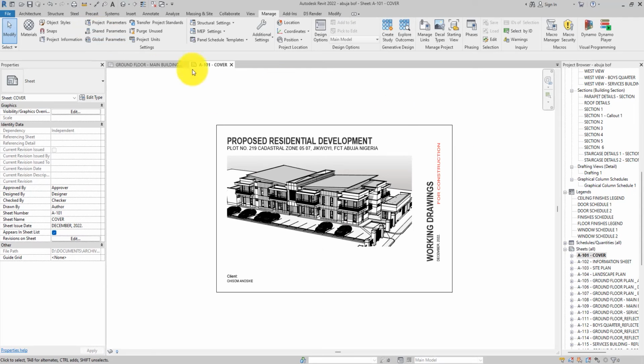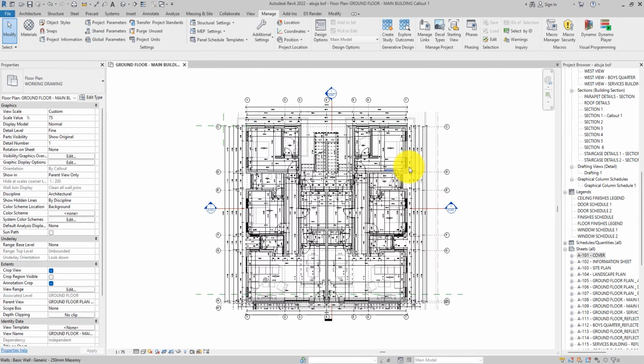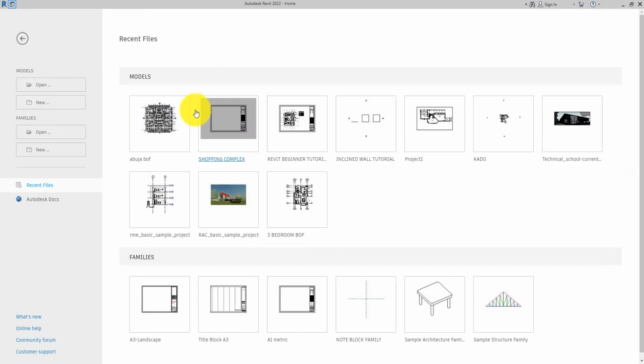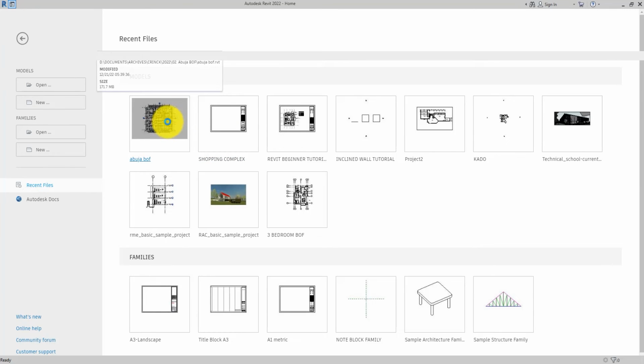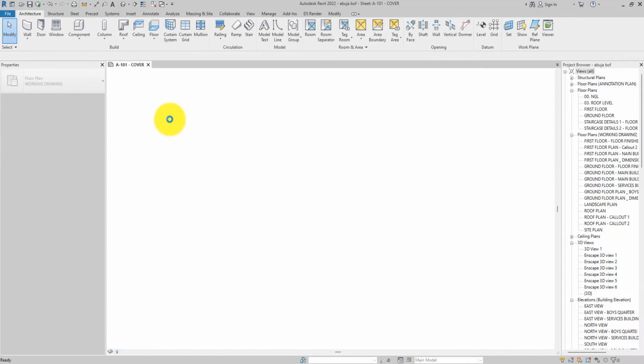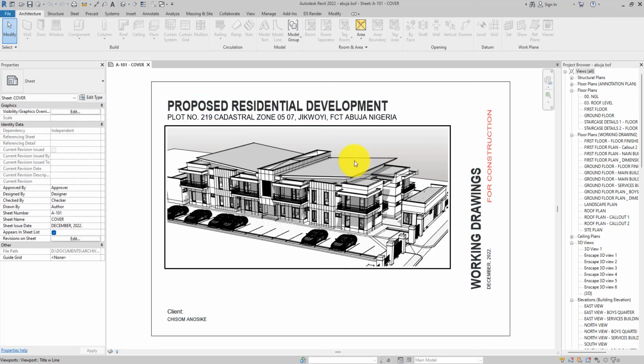And then now let me close the cover so that you will not be confused. So when you click on this, save, and then you close, when you open it back, instead of it starting with that view that we just saved last, the last viewed sheet, it is starting with